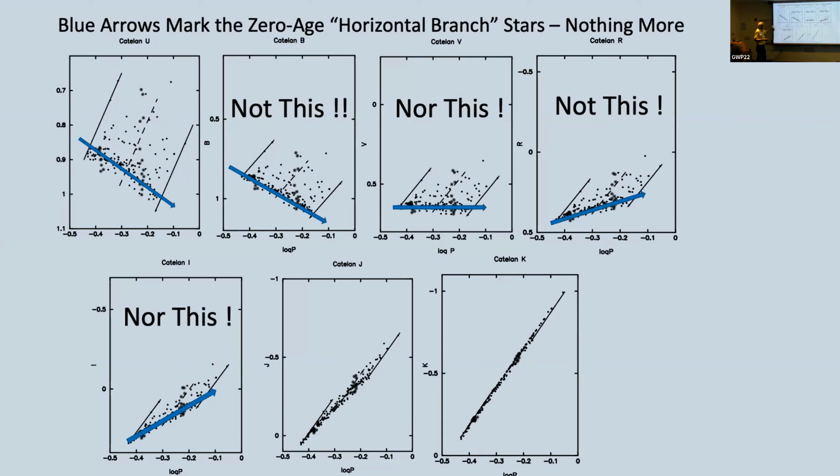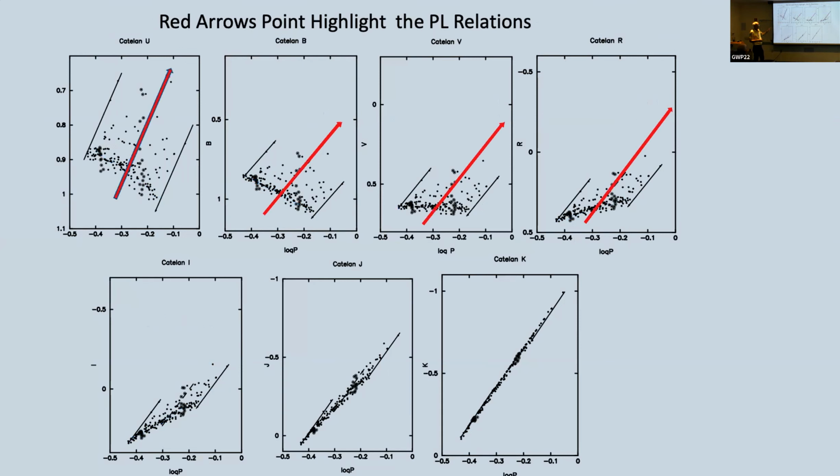So this is what people naturally were inclined to say are the PL relations for RR Lyrae stars. It's not true. These are the PL relations for RR Lyrae stars and all of the stars above the plane as well. And how can I say that with any confidence? Well,